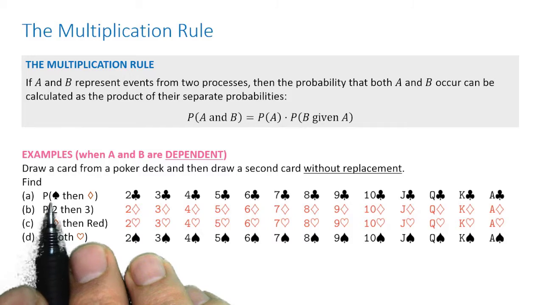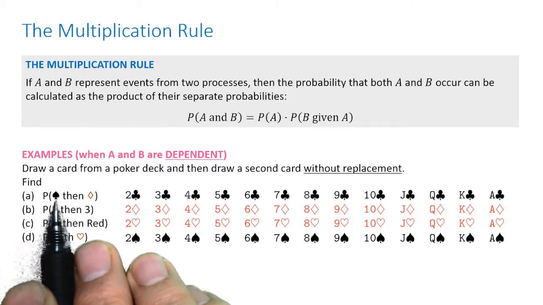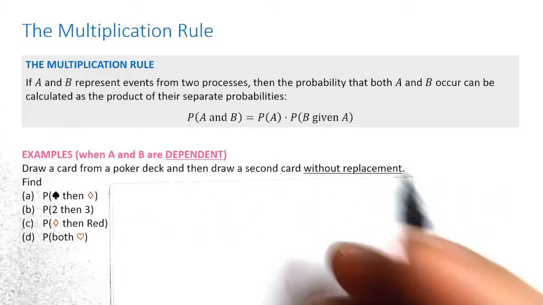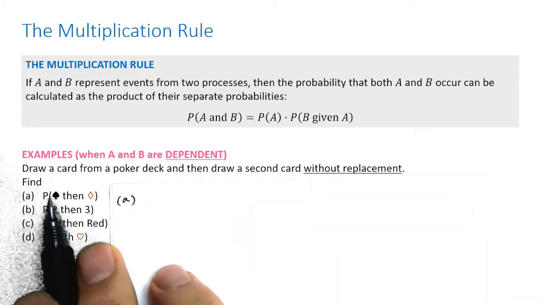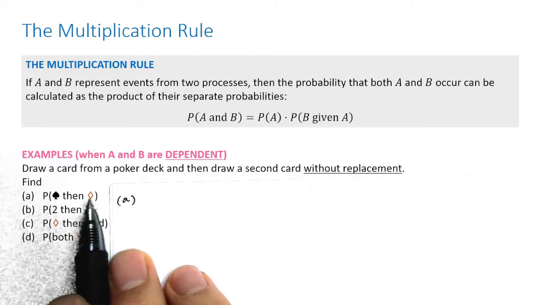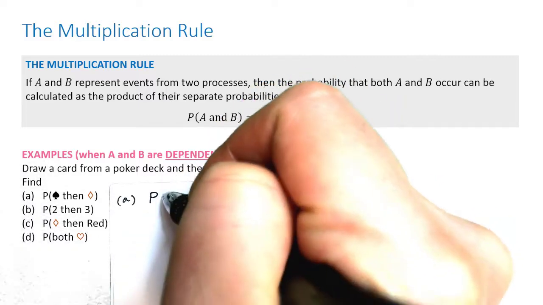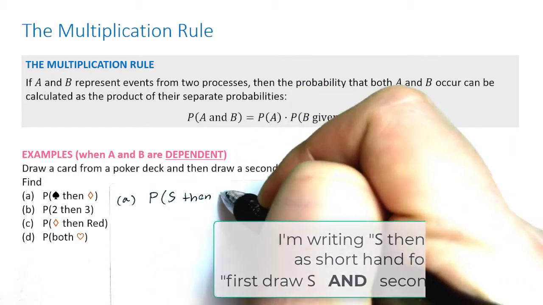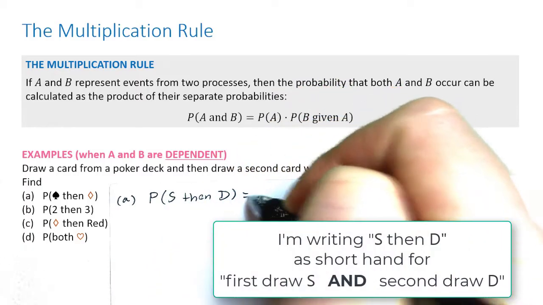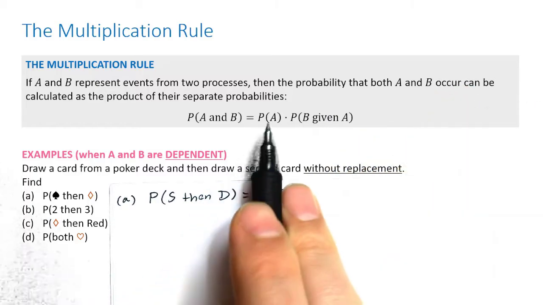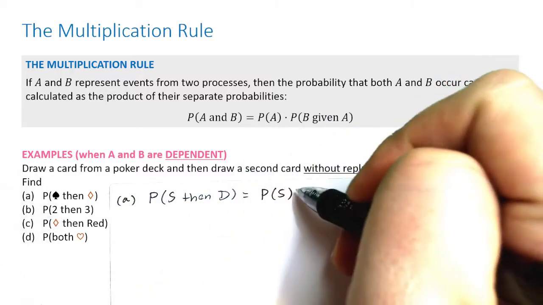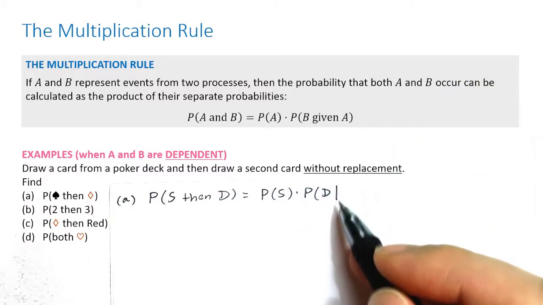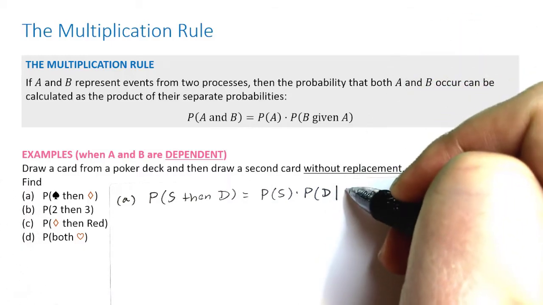All right, so the first part says to find the probability of drawing a spade, and then in the second draw, drawing a diamond. All right, so I'm going to denote spade with an S because it's hard to draw this, and a diamond with a D. So we're looking for the probability of a spade and then a diamond, right? Well, that's the probability of a spade, I'm just using this rule here, times the probability of a diamond given that, and this is often the notation that we use for given that, just a vertical bar,